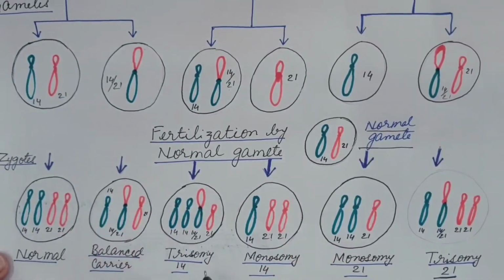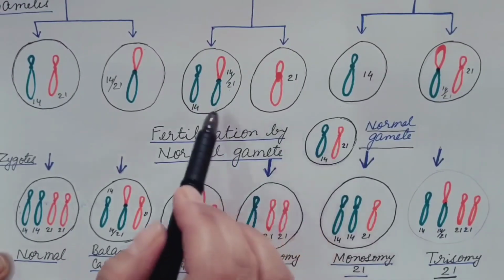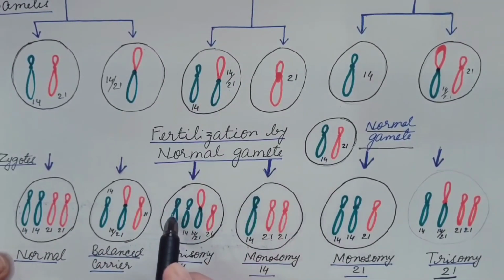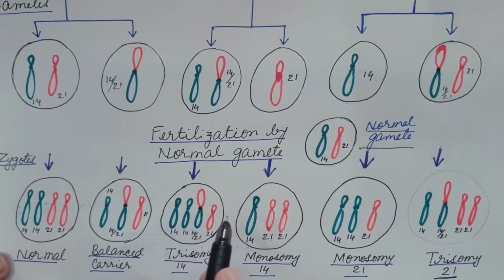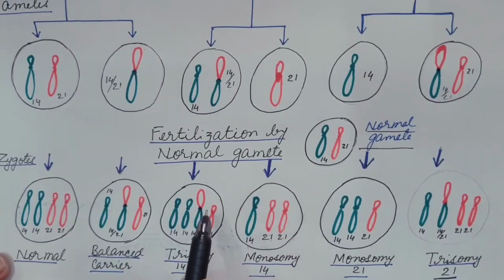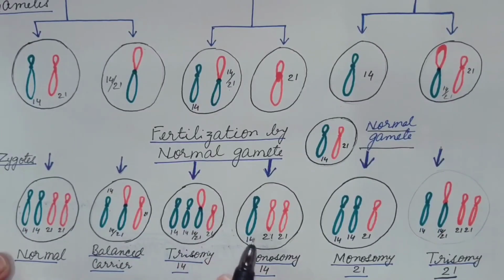It can affect its progeny if this normal gamete fuses with this gamete. So here there will be 2 copies of the normal chromosome number 14, one copy of normal chromosome number 21 and one chromosome 14 by 21 showing the Robertsonian translocation, as a result of which there will be 3 copies of chromosome number 14 and 2 copies of chromosome number 21. That means there is one extra copy of chromosome number 14. So the individual will have 47 chromosomes instead of 46 with one copy of extra chromosome 14. So it is known as